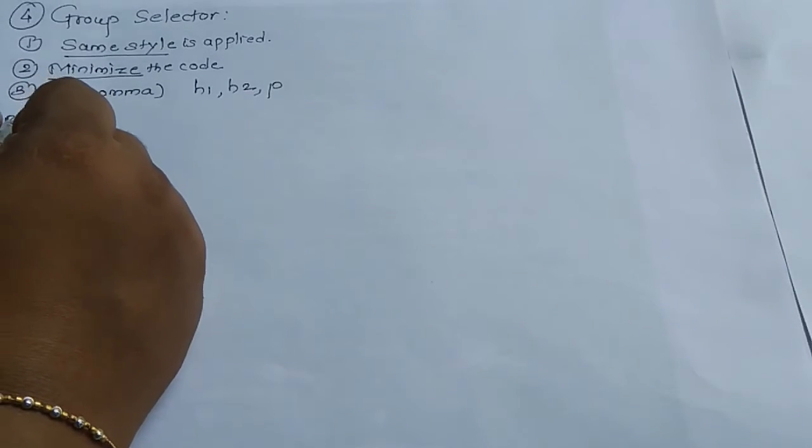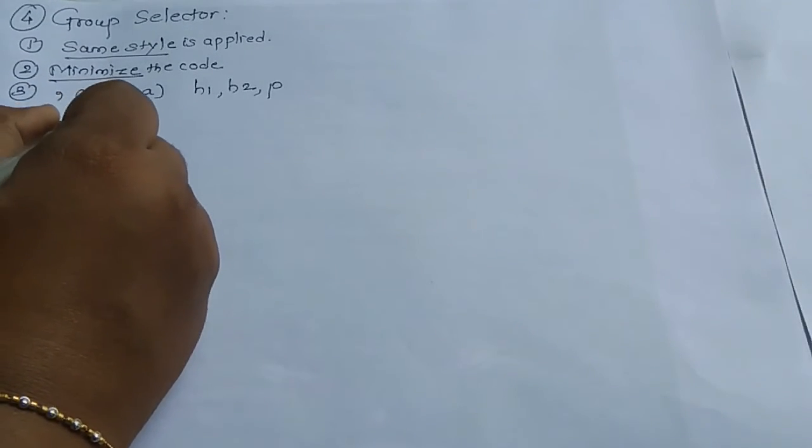Let's have an example. Here I will show you how the group selector is used. Suppose my text is in heading tags. For this, I am giving three different selectors, that is H1, H2 and the paragraph tag. Now I am applying certain properties. The first one is color, which will be blue, and the second property is text-decoration as overline, that is above the line.